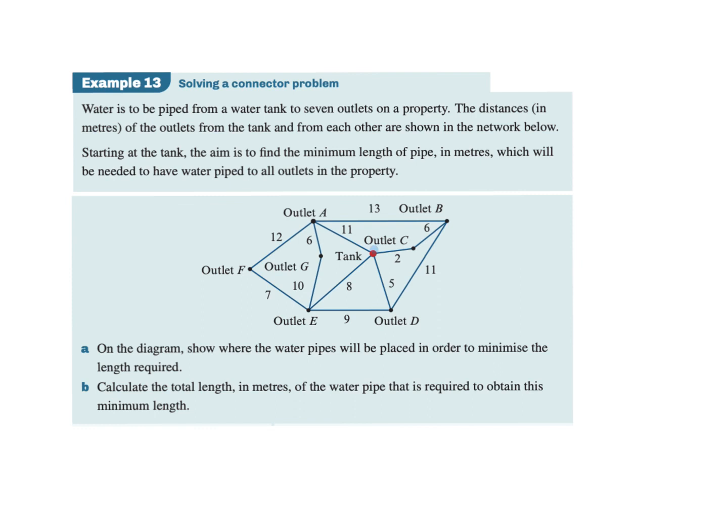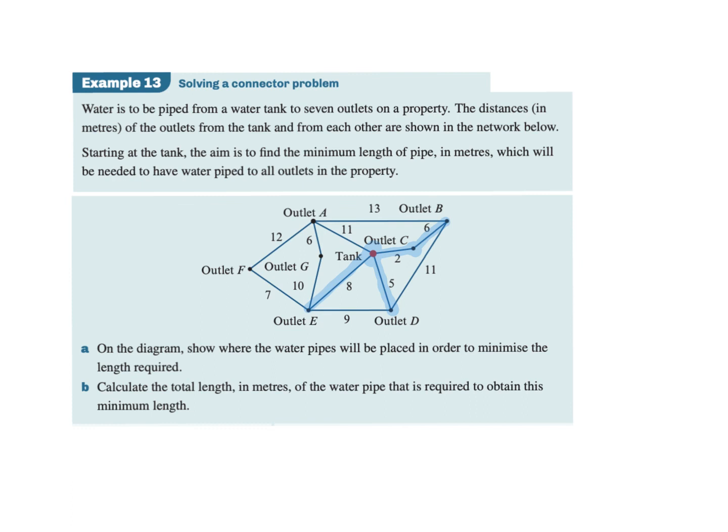So we'll just start at the tank. We don't need to, but we will, because we're thinking about it. And we're going to do the same. We're going to pick the shortest distance. So we've gone out to outlet C using the 2. Then I'm looking at, out of those 2 I've highlighted, what's the smallest, and I've got the 5. And now out of the 3 I've got highlighted, I'm going with 6. Okay, now out of all of them I've got highlighted, I think 8 is my next one that I could do. Okay, then out of all of them, I think I've got